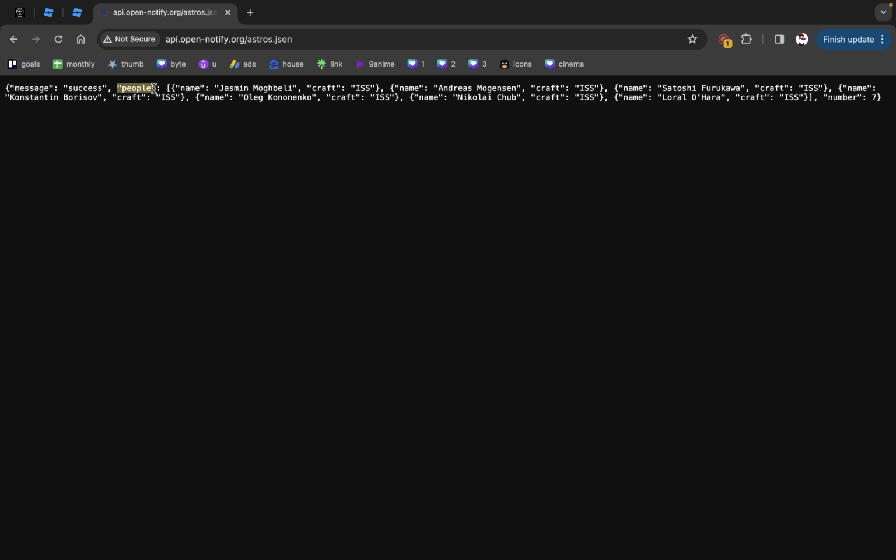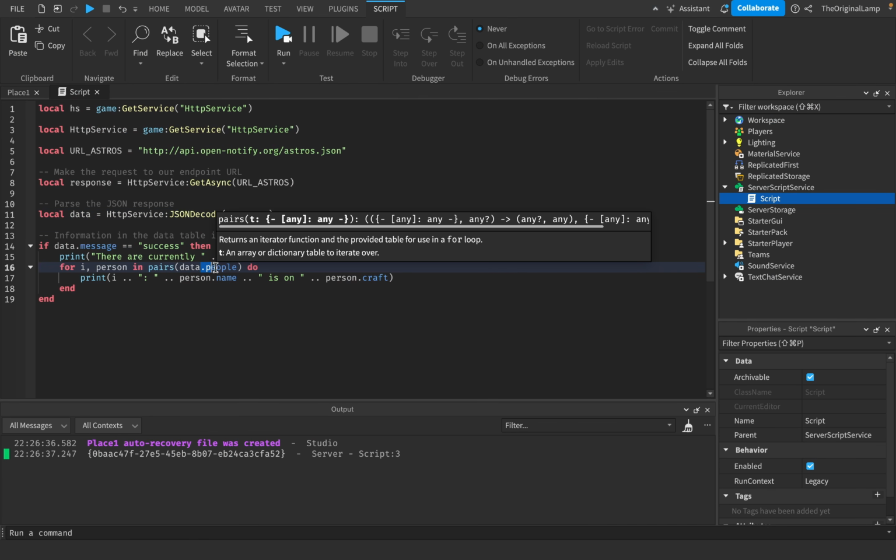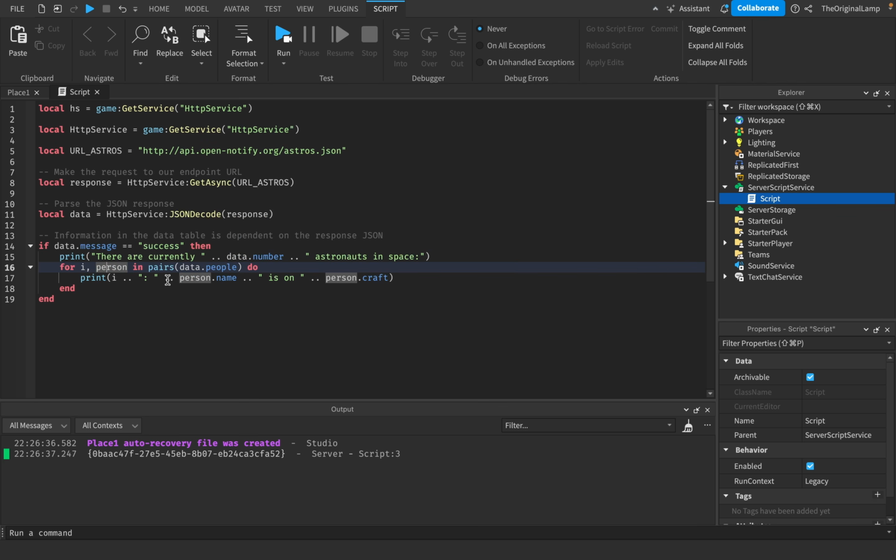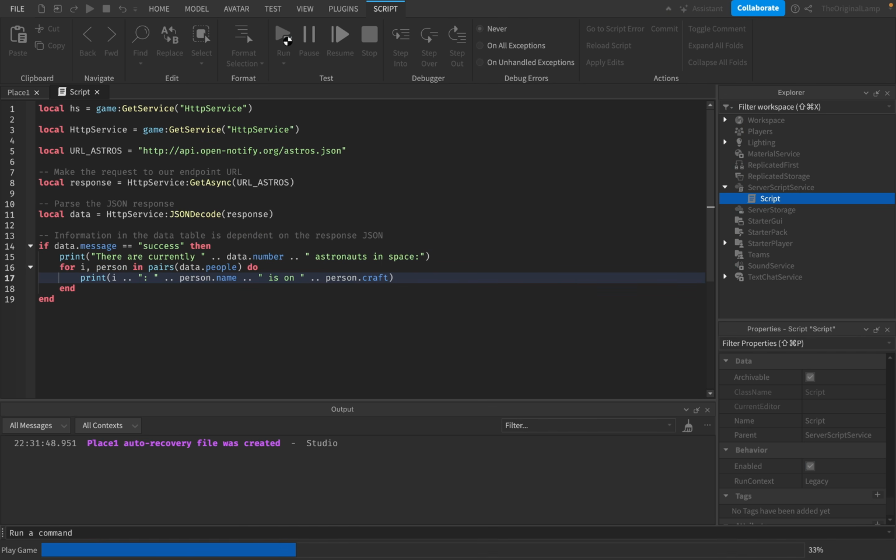I'm confusing myself, bro. This whole thing is a table, and then the word people is equal to a table with other tables. I was correct. So we have name is equal to this name, craft is equal to this craft, name is equal to this name, craft is equal to this craft. So it's looping through the big table, and then it's saying, okay, what is their name and what is their craft? So if I run this right now,